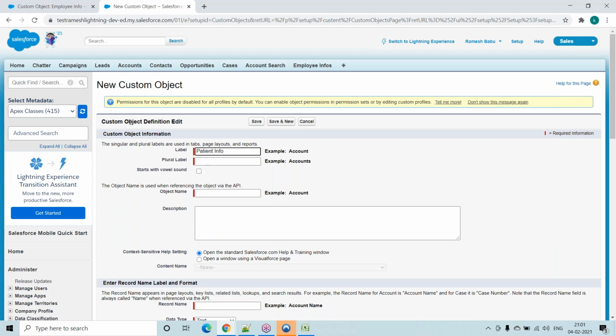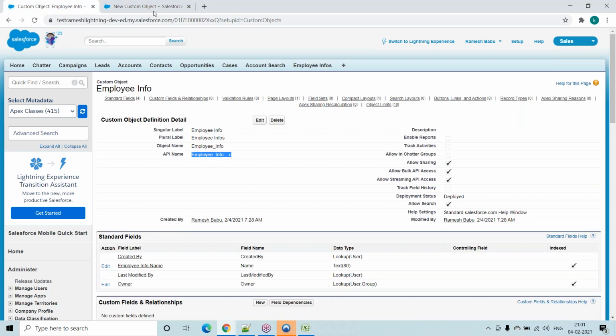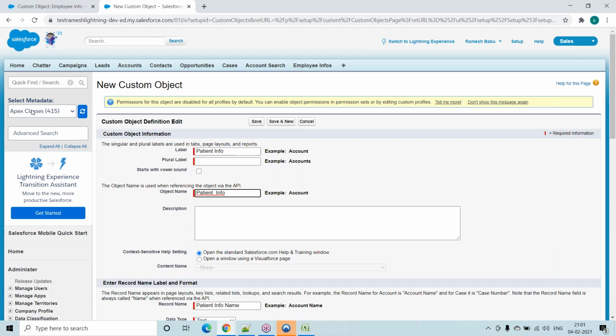Whatever the object name is, patient_info, the system automatically generates an API name, that is patient_info__c.